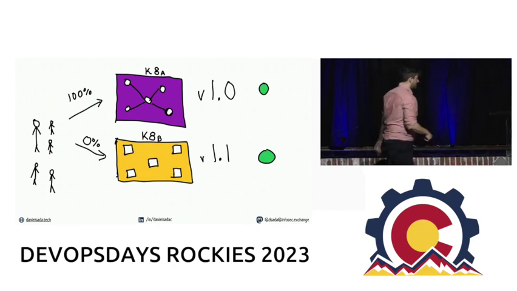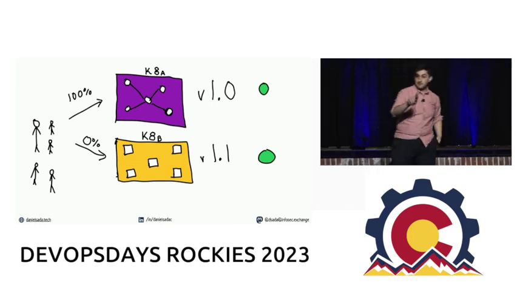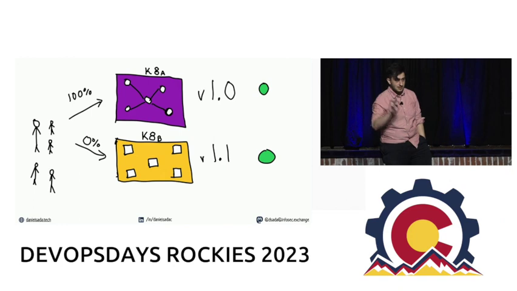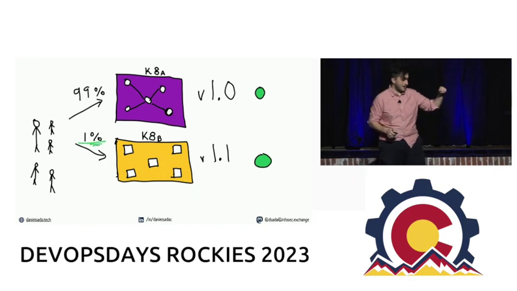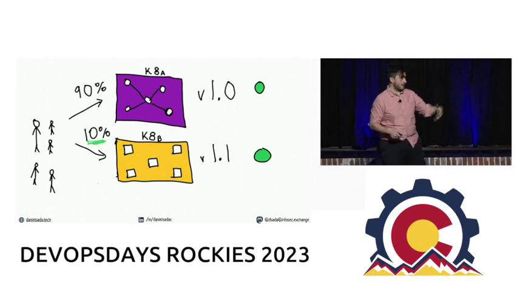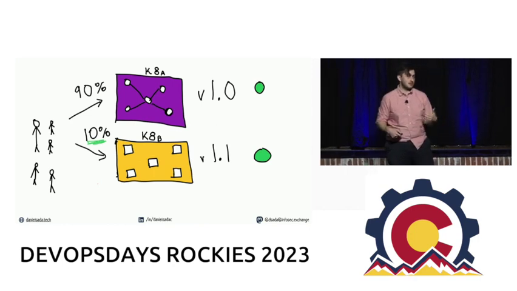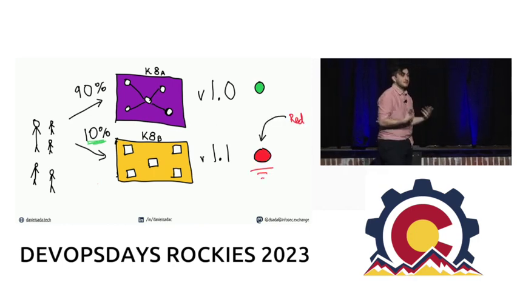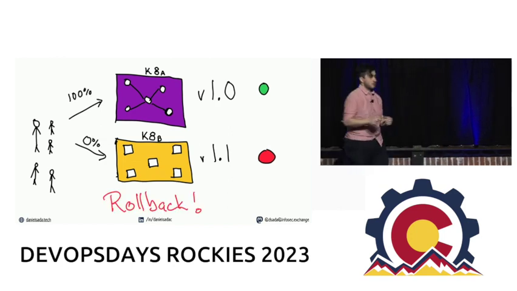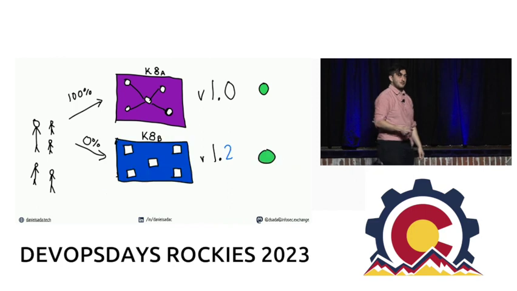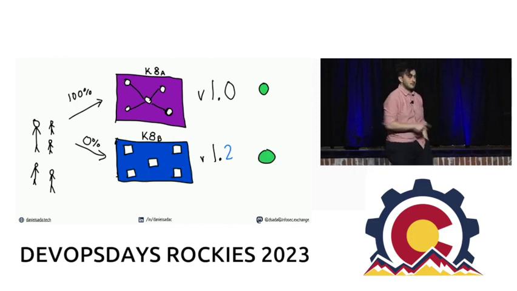Well, the answer is to create 2 identical clouds. And if you did the first step, infrastructure as code, this should be easy, quote unquote. So you create 2 different clouds, and you slowly start to migrate the traffic from one to another via load balancer. And then as the traffic grows, you do these health checks on the cluster to see if the traffic is being handled properly. So in here, we see that version 1.1 didn't work, has an issue. So then we roll back to version 1.0, and then we wait for the next version to come in. In this case, version 1.2.